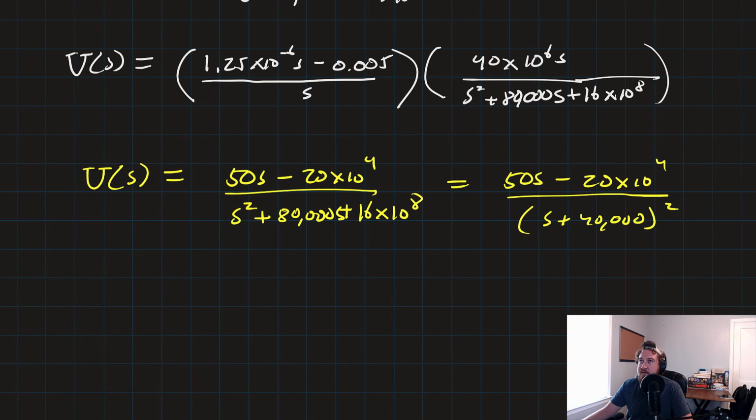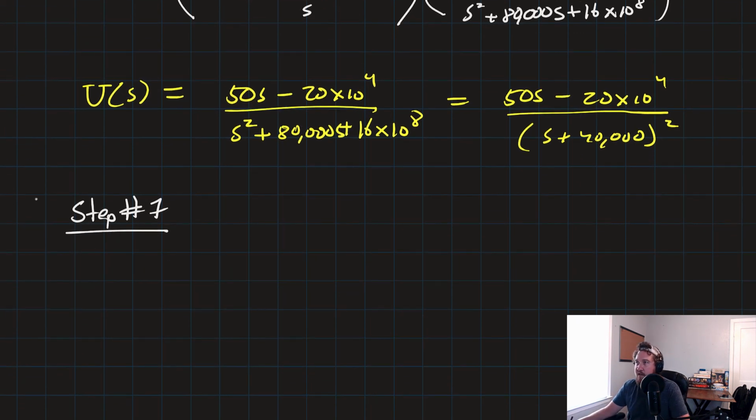Now we'll go ahead and skip over the check part. We'll go straight to the end here. We'll call it step 7. And that is just taking the inverse Laplace transform of our guy here. So if we take this, the first thing we need to do is break it out into its partial fraction expansion. Which, if you do that, you're going to get